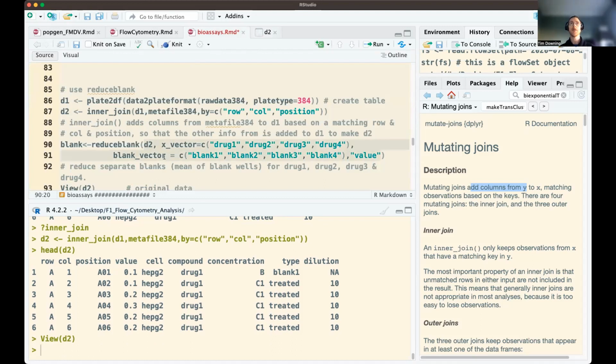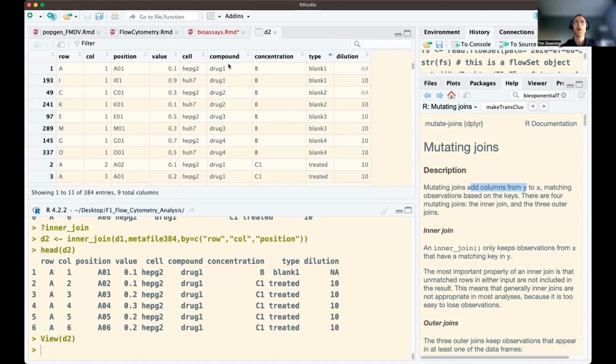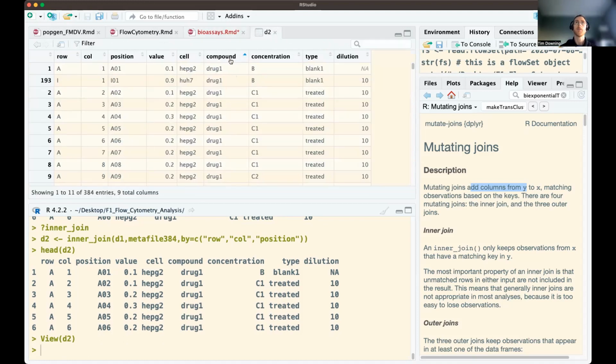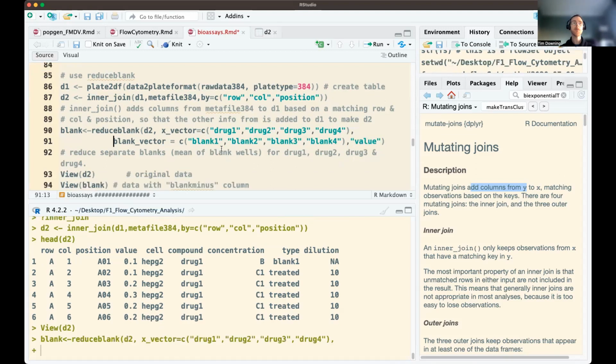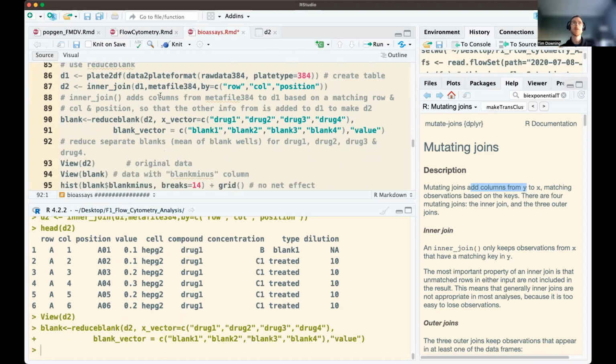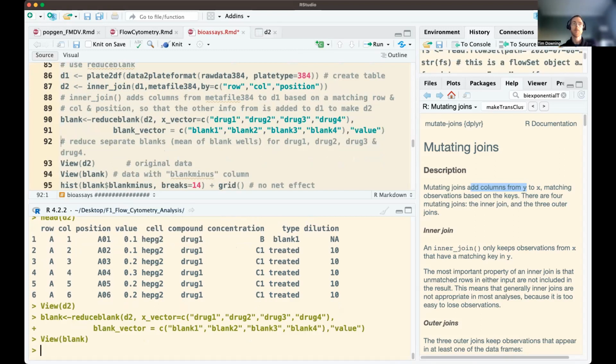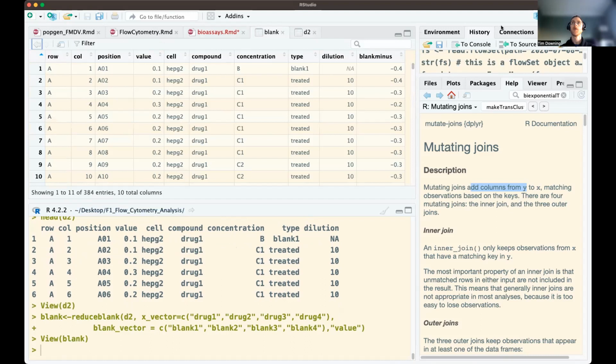So we're taking in D2, we're taking in drugs 1, 2, 3, 4, which correspond to our compound column here as well. And then we have our blank vector, so blank 1, 2, 3, 4, which we had as well. And we're arranging this by value. So that's how we're estimating these. So if we look at now, view blank,